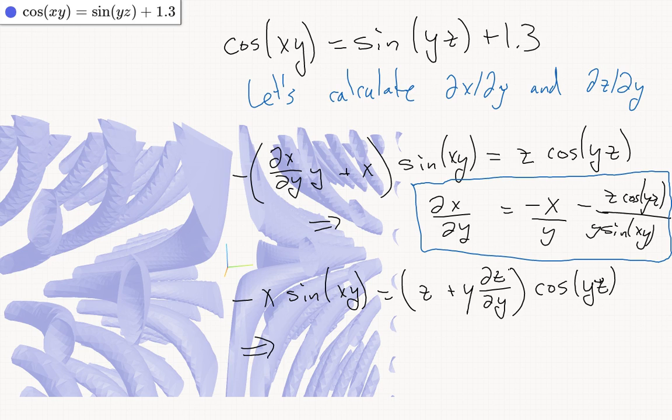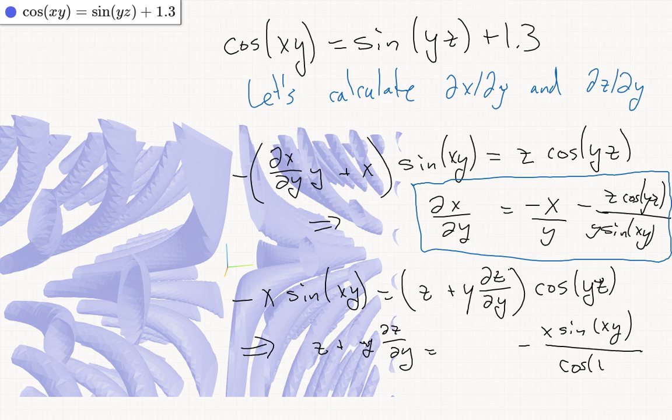And so solving, we get z plus y del z by del y equals negative x sine xy over